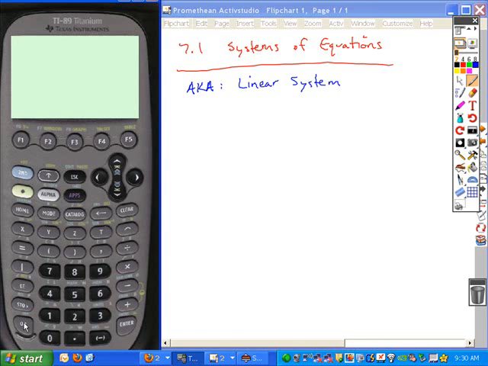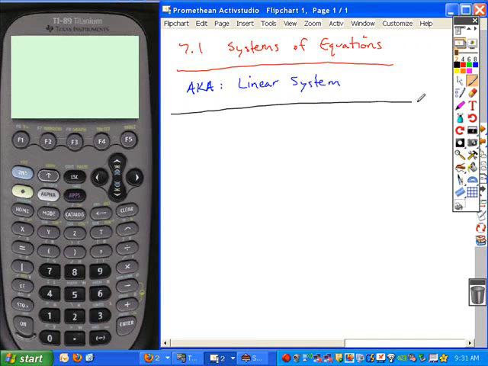We're going to talk about what's called systems of equations. It's also called a linear system, so either of those phrases will refer to the same thing. A linear system is basically two equations that each have two variables, and you're finding a solution of